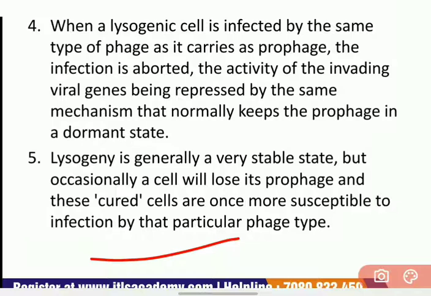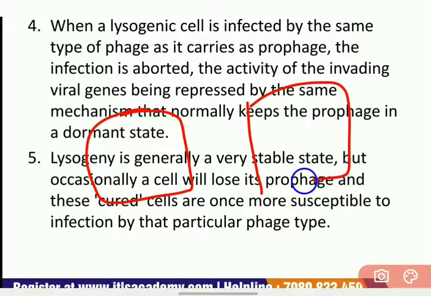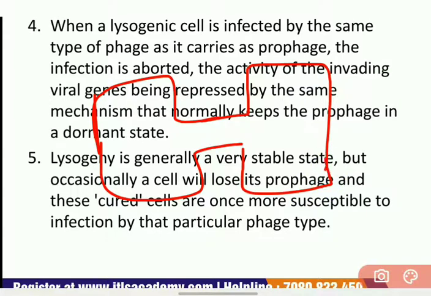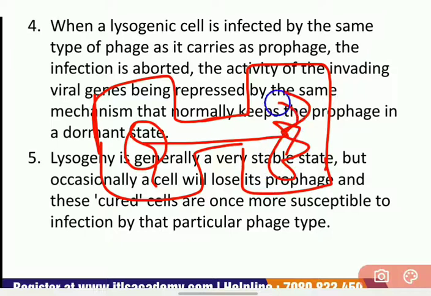The process of transfer of bacterial genes between cells is called transduction. We can represent the process of transduction as, if this is a cell and this is another cell, then there is formation of a bridge between these cells, and genetic material of one cell will transfer to the next cell. This process is transduction, and this is another type of growth cycle of bacteria.